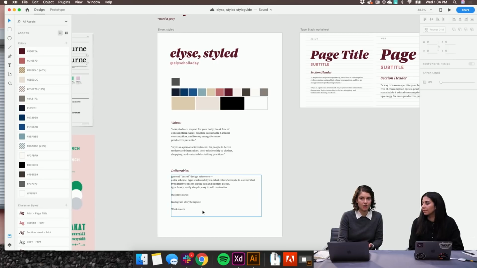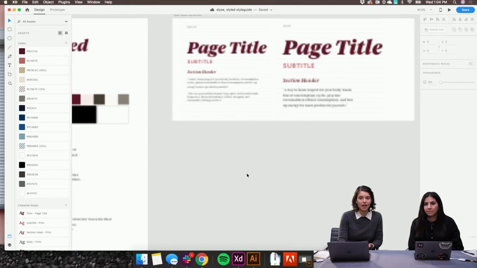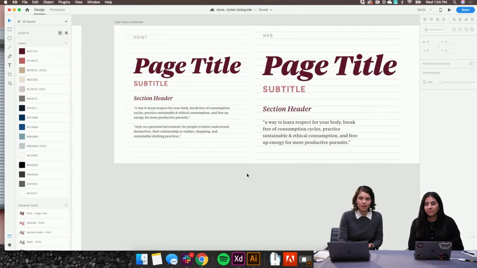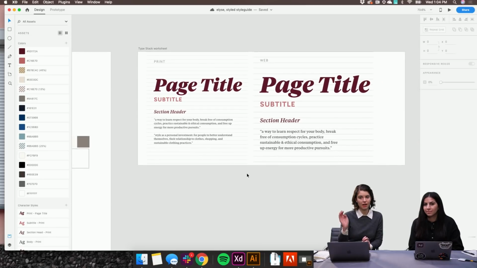So we worked a lot yesterday on a type stack, both for print and for web. So I was kind of walking through my process of choosing a basic paragraph body type size, and then from there kind of abstracting a vertical grid to choose my other type sizes.